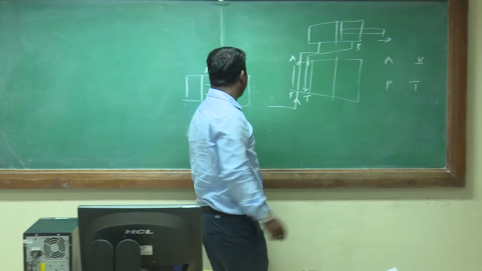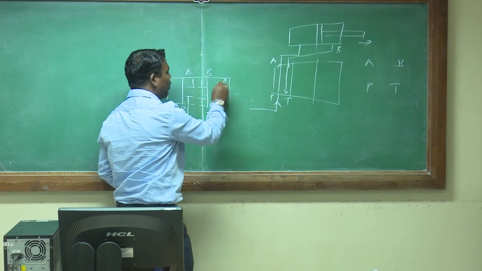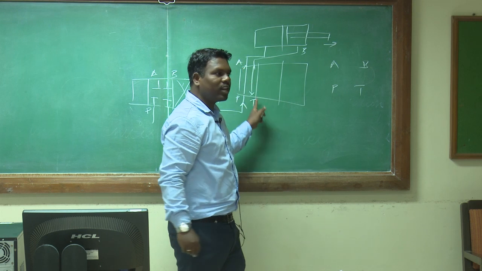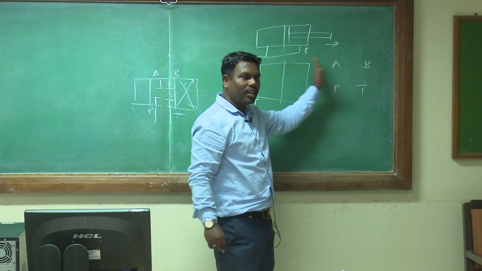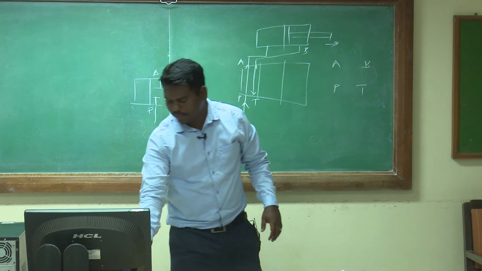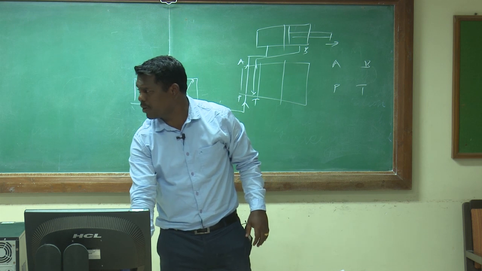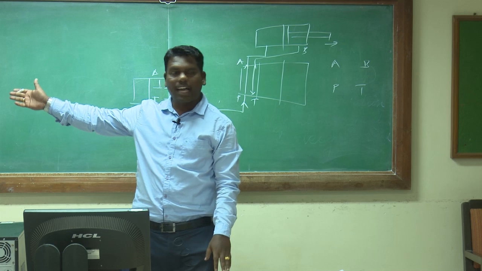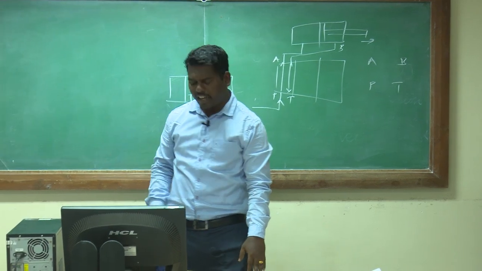And the last one is nothing but the opposite direction. Means P port is connected to B port and A port is connected to tank port. So we can write that movement. So this is a layout. If we go to the industry, we have to draw this circuit diagram like that. So we will discuss it in the next lecture.